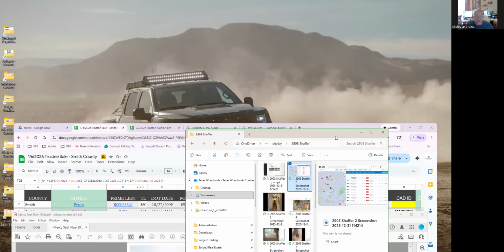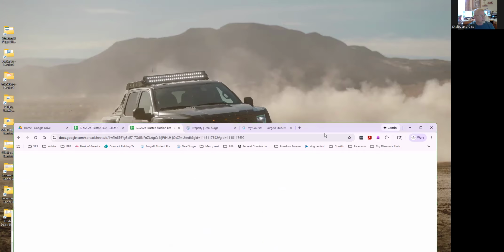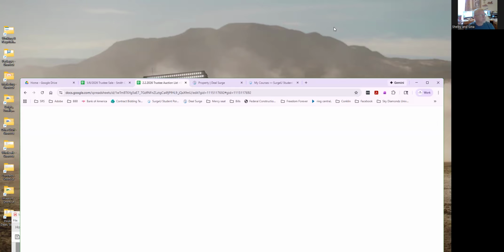We profit 30,000, and then we leave almost 100,000 because it needed work. It sucker needed a roof. It needed interior work. If you were going to buy this, you'd be like, I need 60,000 to put into it just to get it on the market. And then that buyer needs to make some profit as well. And so if that's just one property as an example of the hundreds that are being listed every month,